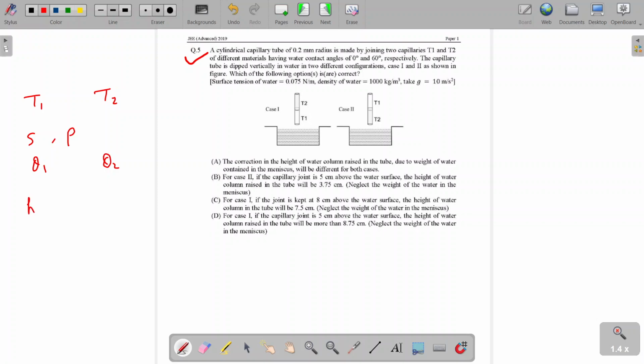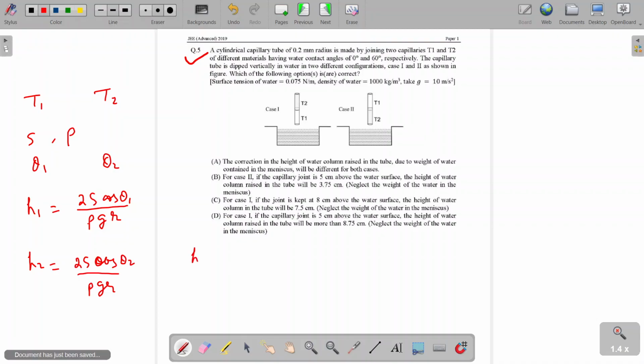So let's first calculate that height. What is the h1 height and what is the h2 height? So this is 2S cos theta upon rho g r, where r is the radius of the capillary, and here as well it will be 2S cos theta 2 divided by rho g r. So the value of h1